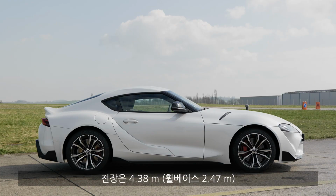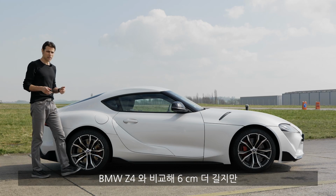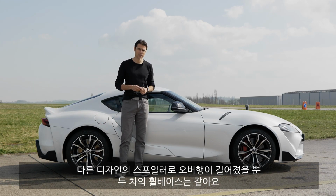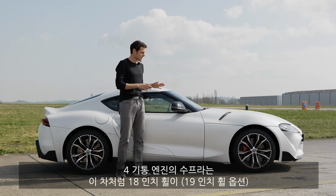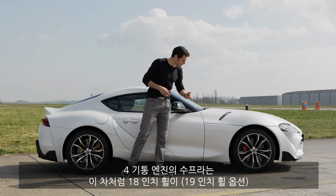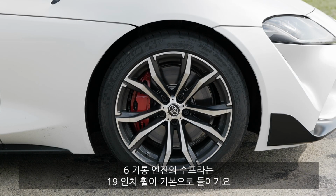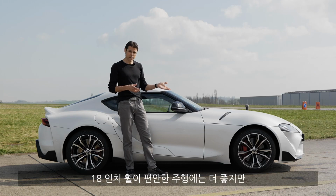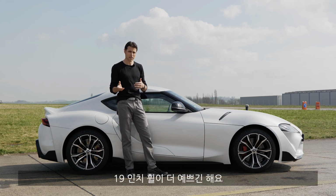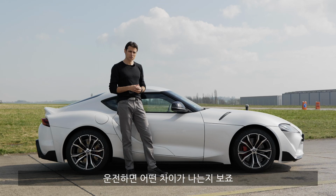4.38 meters, 14'4", or 172 inches is the length. It's about 6 centimeters or 2 inches longer than the BMW Z4, but same wheelbase, just a little bit different overhang because the spoilers are somewhat different. Interesting is that the 4-cylinder Toyota Supra comes with 18-inch wheels. We see these here at the moment, and the 6-cylinder comes with 19-inch wheels, and this is of course better here for the riding comfort. The visual part, of course, is then more attractive with the 6-cylinder, but really interesting to see how that plays